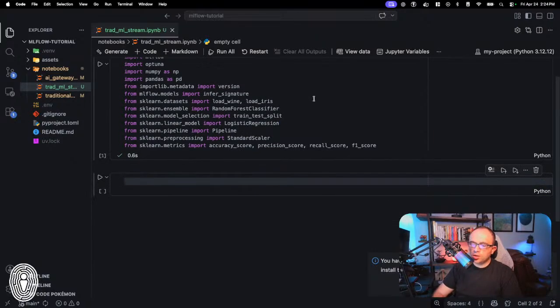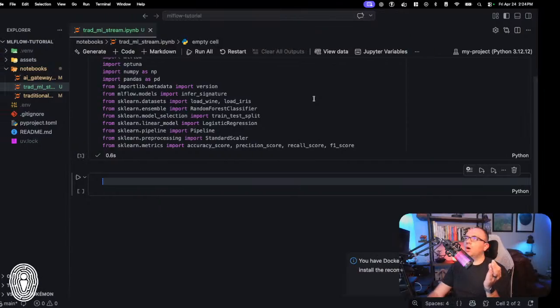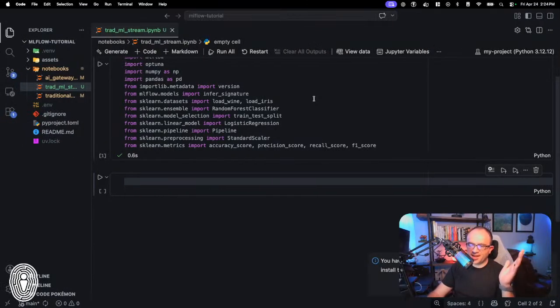Now we need to do a little bit of configuration with MLflow. One of the things before I start typing any code here that I want to talk about is, recall, well, I went ahead and blew it all away, of course, but recall back in the UI where we were capturing those metrics and the parameters and things like that. There's two ways that you can capture those. Number one is you can do it a little bit more manually, and we'll demonstrate both ways. The manual way is simply where you explicitly define here's the things I want to capture, here's the metrics I want to capture, here's the model I want to log, etc.